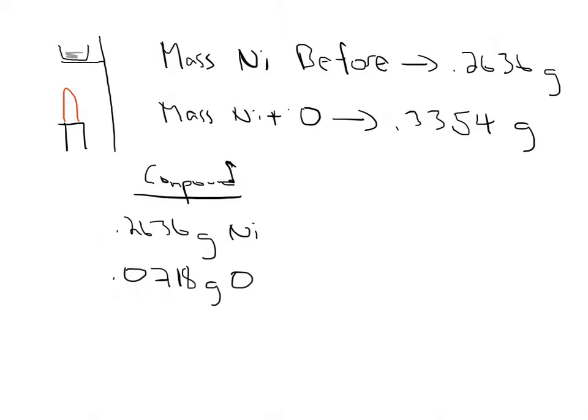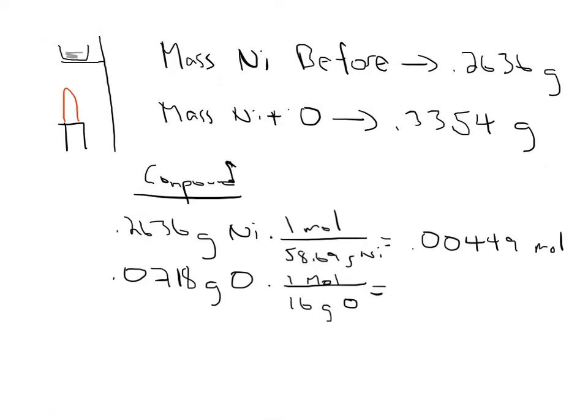And now what we're going to do with that is we're going to figure out the number of moles of each of these. Now remember, we cannot compare grams of atoms to each other. Right? The bowling ball and ping pong balls example, 10 grams of ping pong balls is not the same number as 10 grams of bowling ball because they have different masses. So we should convert to moles. To convert this to moles, we're going to use our conversion factor of the molar mass. So for the nickel, the molar mass is 58.69 grams of nickel in 1 mole. And for oxygen, 1 mole is 16 grams of oxygen. We do both of these calculations and we get this number,